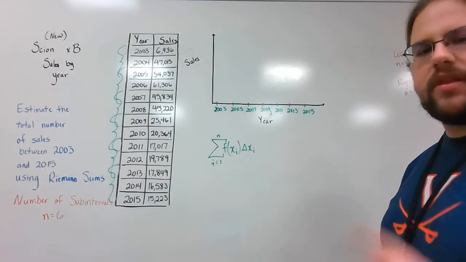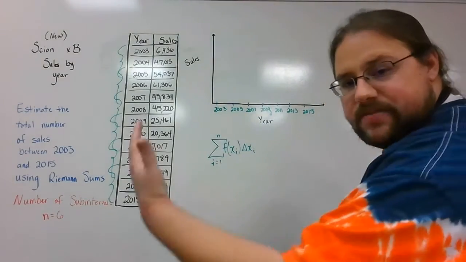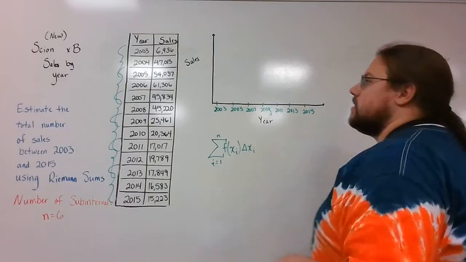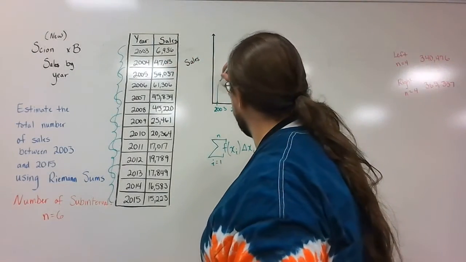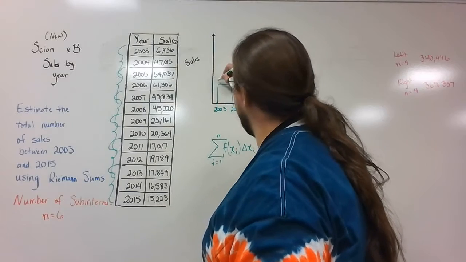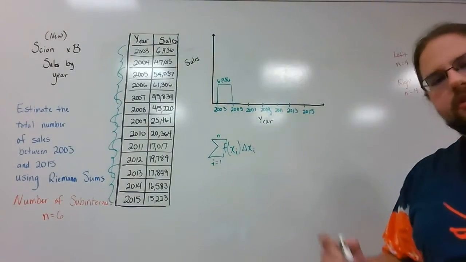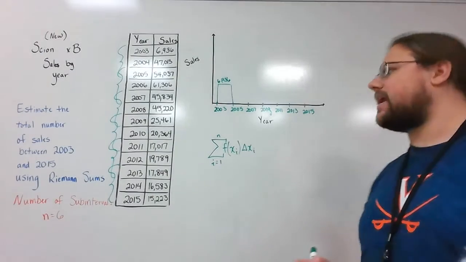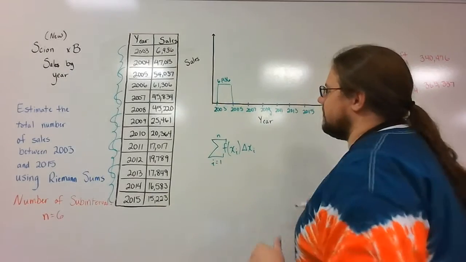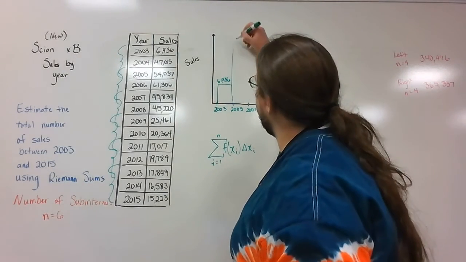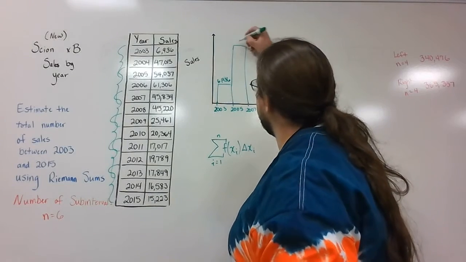I'm going to start off again with the left one. So, between 2003 and 2005, I'm going to choose the left number, which is the 2003. So, I'm going to go up to 6,936, and that's going to be my first. Again, not worried so much about the exact height as far as drawing it in the picture. This is just kind of giving me a good idea of what I'm doing. So, 2005, 2007, I'm using the left number, which is the 2005. It jumps all the way up to 54,037. So that's a really big number. We went really high up,